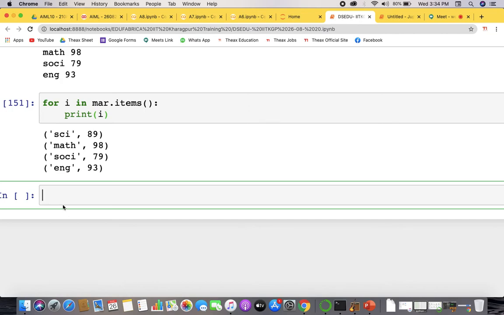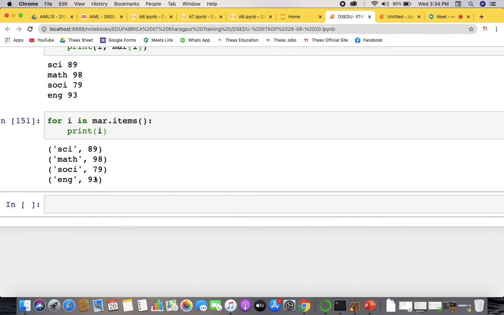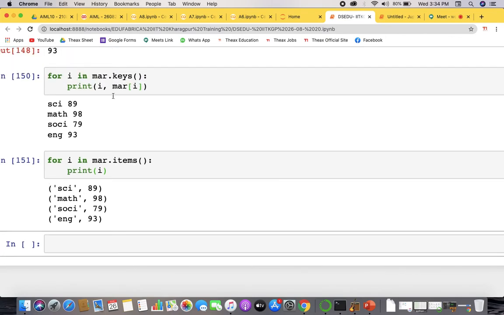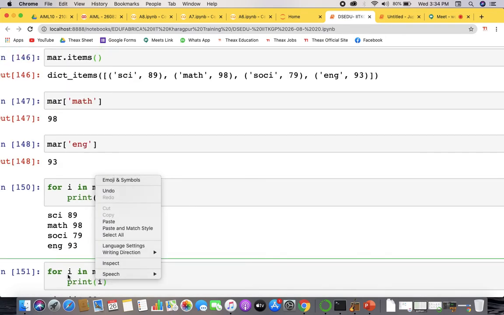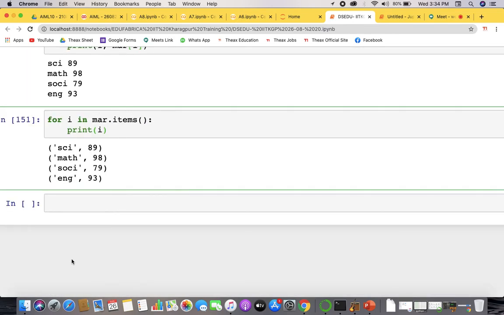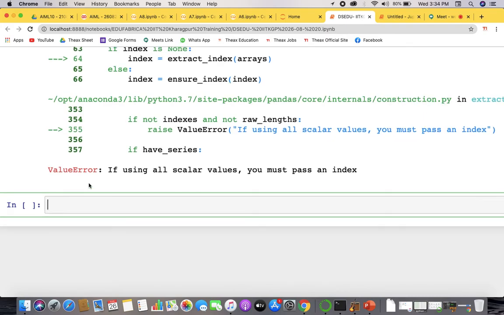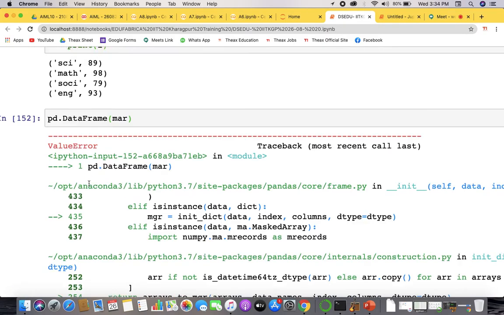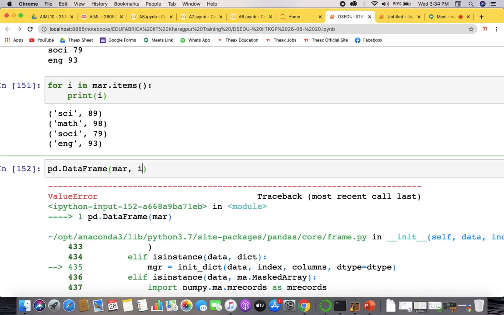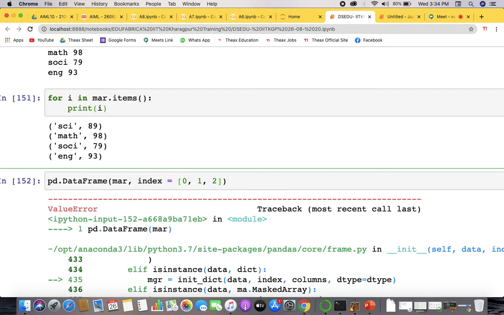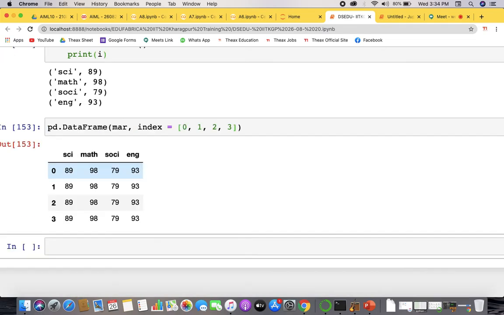Okay, this is how a dictionary works, right? So let's say I'm telling you that I want to make a data frame of these marks, all scalar values.